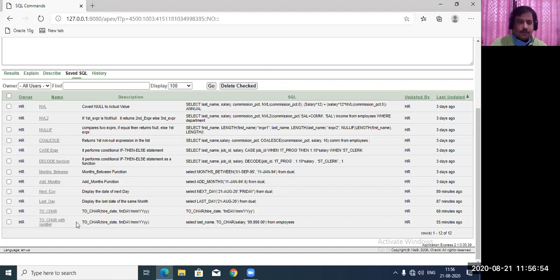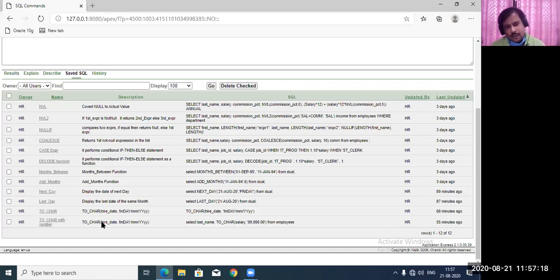After date functions we will have conversion functions, which cover different types of conversions. First we understand what conversion is, because we can use only 2 syntaxes here. Conversion means we have one data type and we are converting it into another data type.